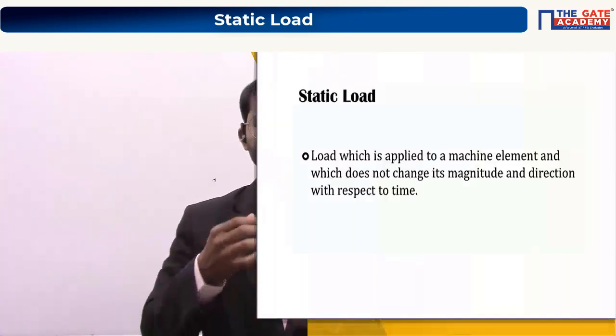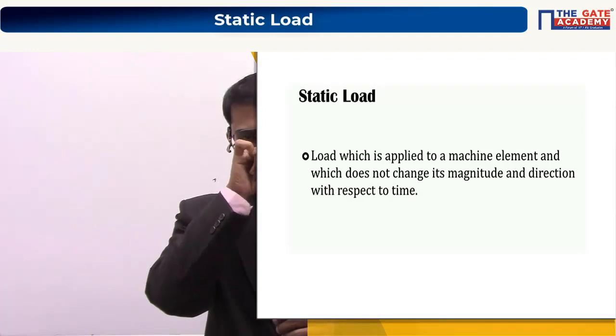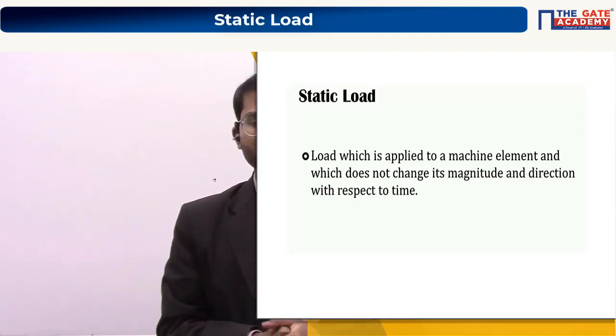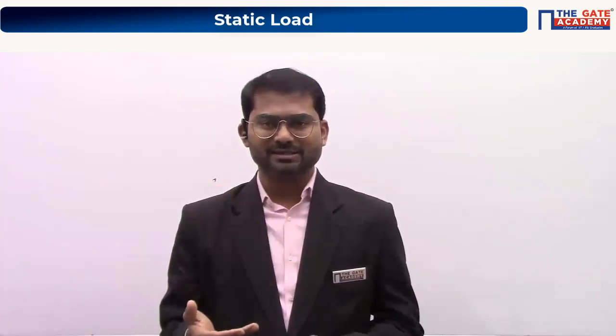What exactly is a static load? From now, I want people to give me answers. The introduction and everything, I have given answers directly without asking any questions. From now, I want you to think and give me the answers. For those people who are listening to the machine design lecture for the second time, I advise you not to give the answers. Let other people who are listening for the first time think. Otherwise, if they're not thinking, everything will become such that they have to mug up simply. So let them think.